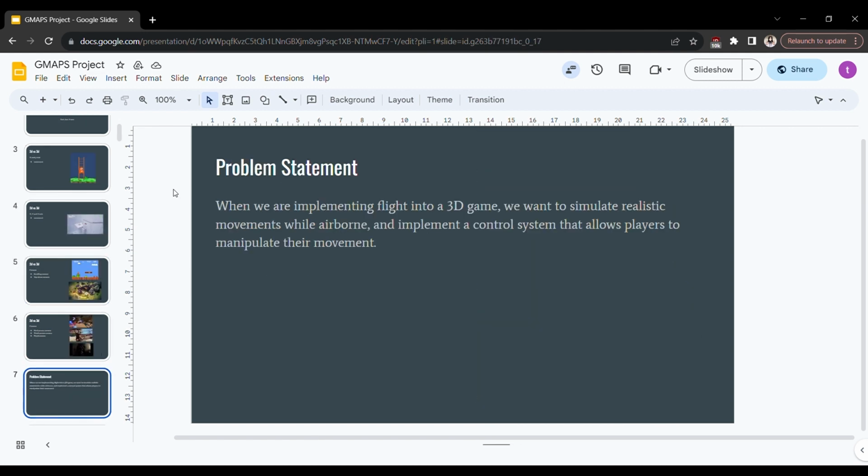This is our problem statement: when we are implementing flight into a 3D game, we want to simulate realistic movements while airborne and implement a control system that allows the player to manipulate that movement. These are all the